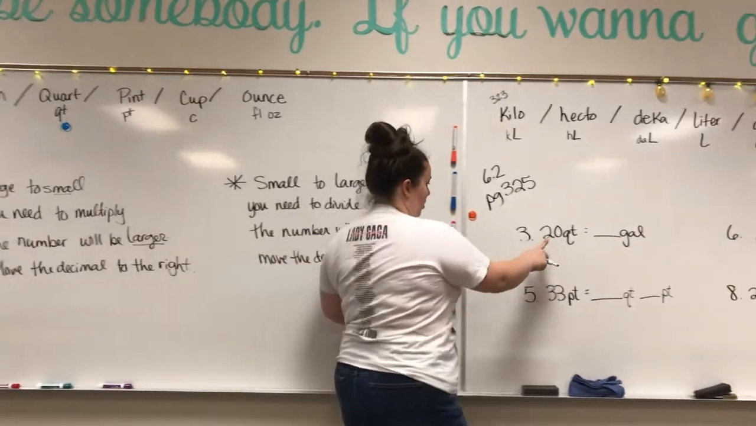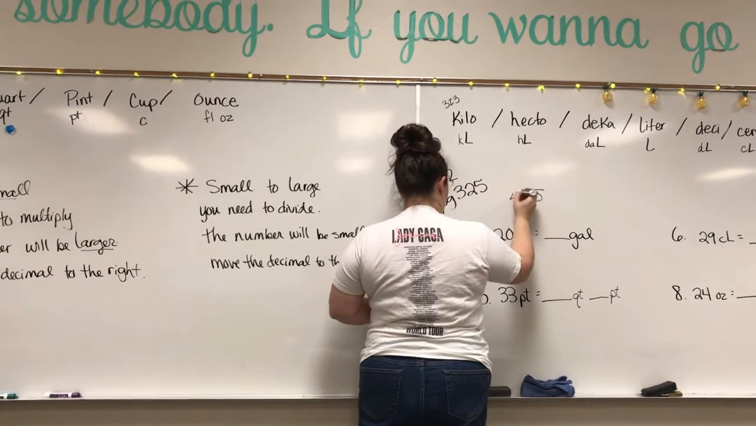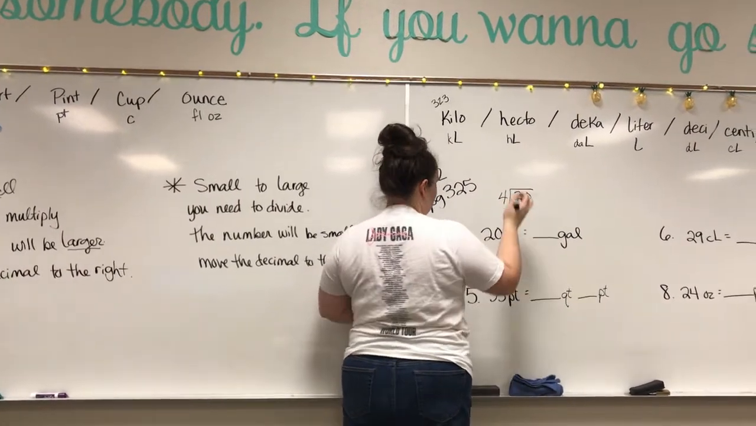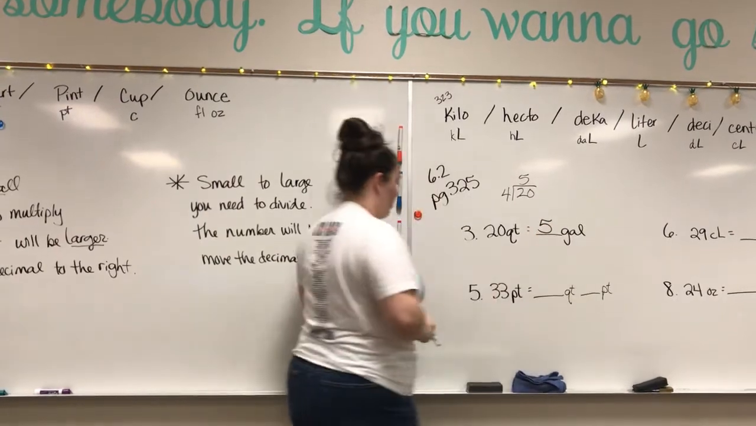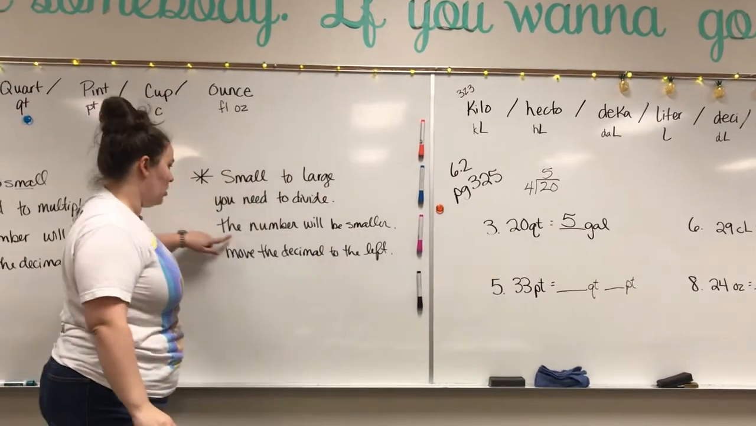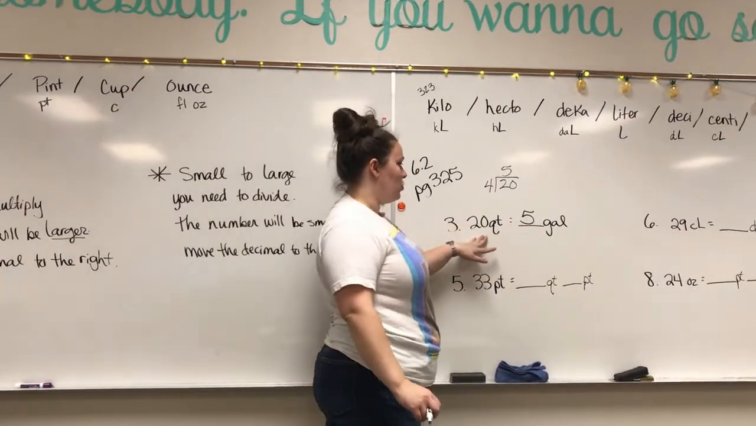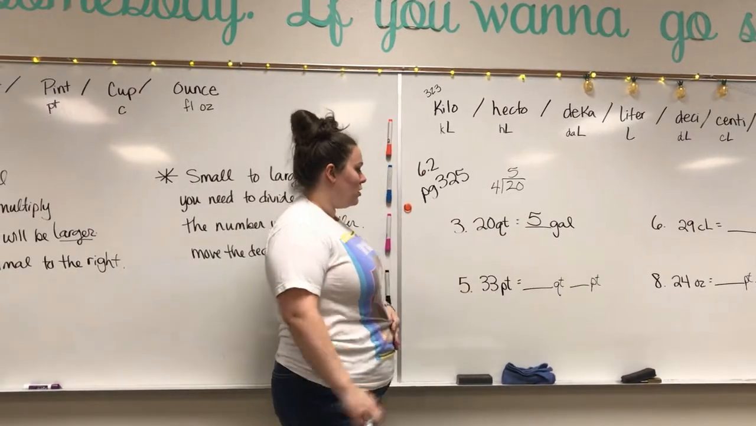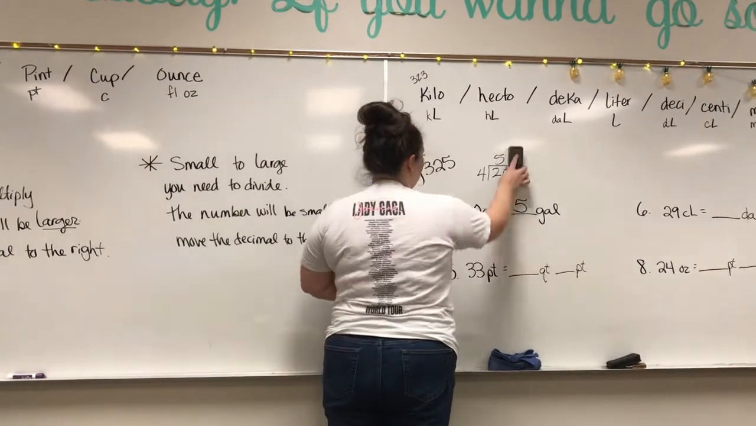So, 20 quarts divided into 4 pieces would be 5. And so we would get 5 gallons. Let's check. The number will be smaller. Is 5 smaller than 20? Yes, we're good to go. Okay. Moving on